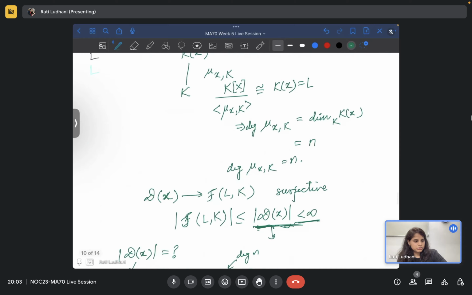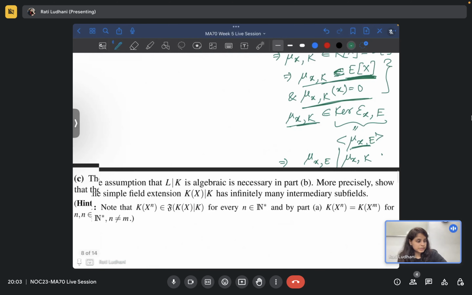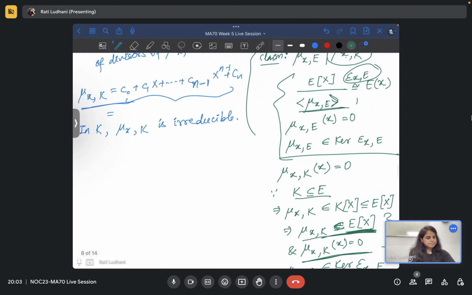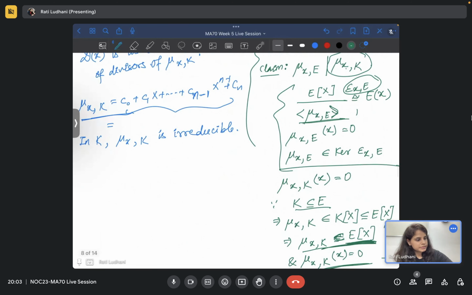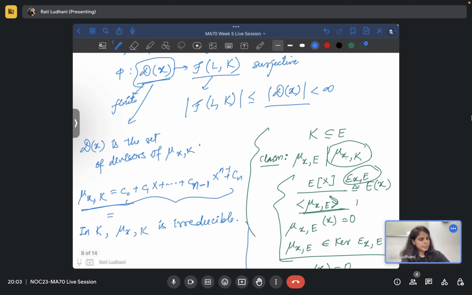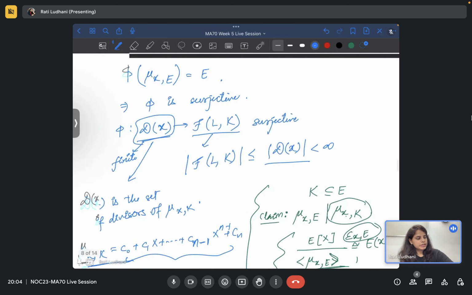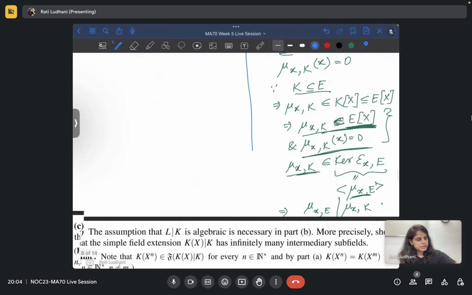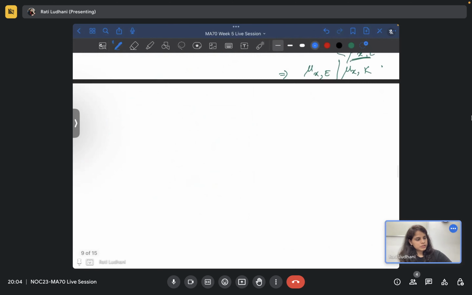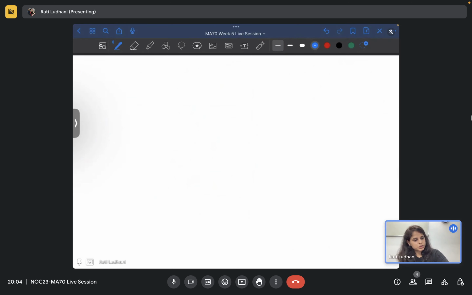Okay, great. So let's complete the earlier part, which I should do at least. So in K, mu xk is irreducible, exactly. So this is finite, we are done. So let's prove the other side. So the other side says, so to show,